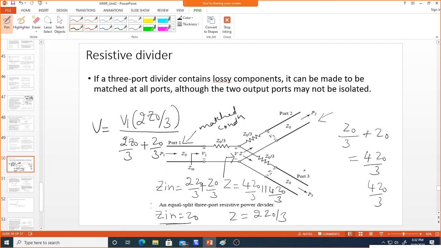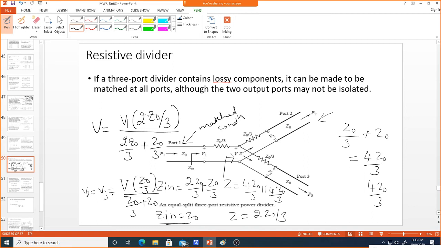And similarly, if I calculate the voltage at port 2 and port 3, we will get V2 equal to V3, which is equal to, so at this junction we will have the voltage V, and the impedance we are looking at is Z0 by 3, divided by Z0 by 3 plus the characteristic impedance Z0. So any port you look at, this is the impedance Z0 and we are looking at the voltage at this junction.